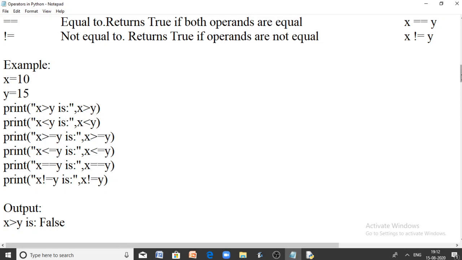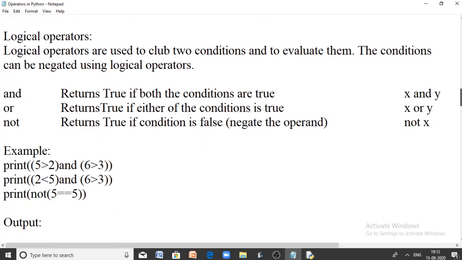Now, let us discuss the next type of operators, logical operators. Sorry, the comparison operators only have the name comparison operators. Logical operators have some purpose. Logical operators are used to club two conditions and evaluate them, or sometimes to negate the condition provided.